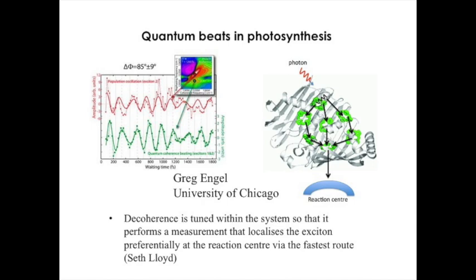So essentially what's happening, and then Seth Lloyd, a theoretician based at MIT, suggested that as the system goes from the quantum mechanical dynamics to the classical dynamics, a process known as decoherence, the system is tuned to allow the wave to find its way to the reaction center, and then bang, it becomes a particle. So Seth Lloyd claimed that the system is tuned to allow this maximal transport, what he called a Goldilocks effect, that decoherence is at just the right level to allow this to occur maximally efficiently.